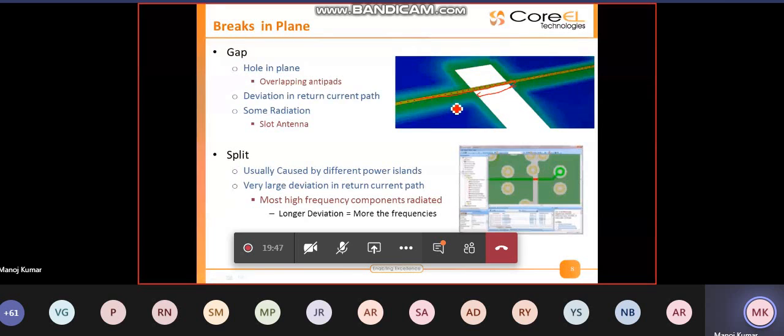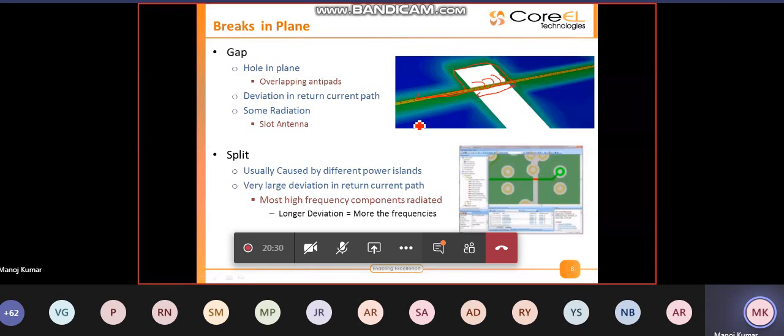Okay, when it sees a void, the current is going to take a deviation from this because there's no physical connection possible, and it's going to take the least inductance path, forming a larger return current loop. At this point of time, okay, the impedance has changed. The impedance from trace to plane, which is going through the dielectric constant of your board and then goes to the plane, will have a significant amount of change, and energy will basically start radiating.